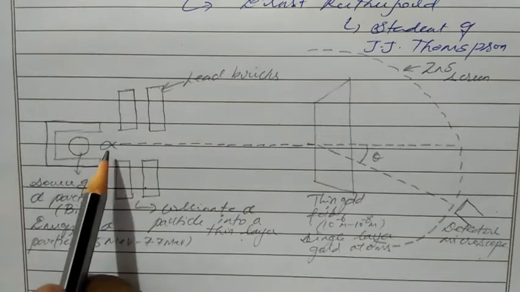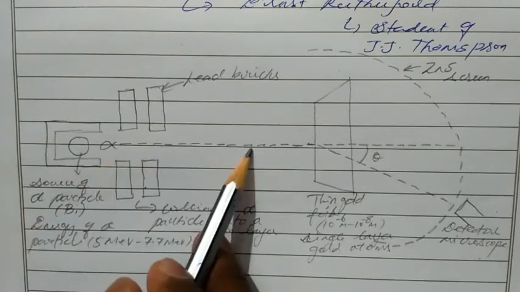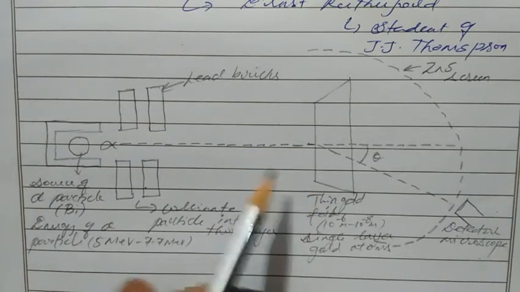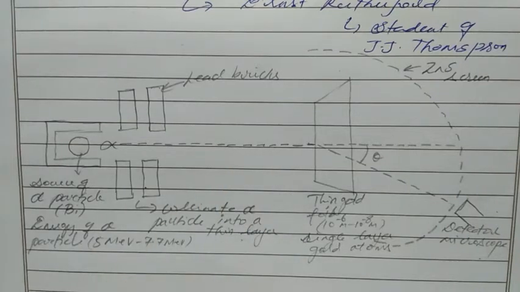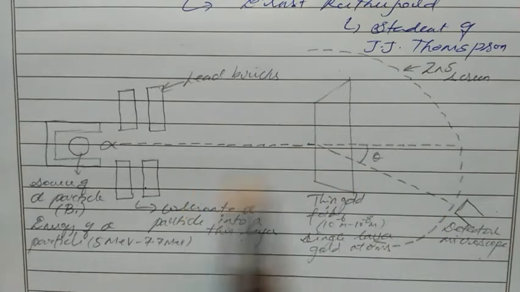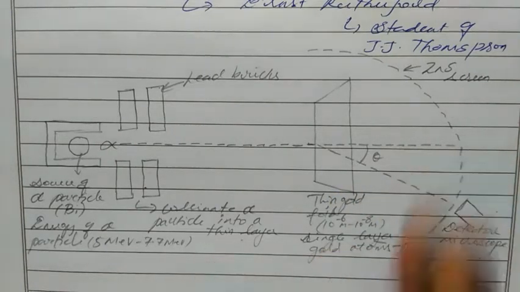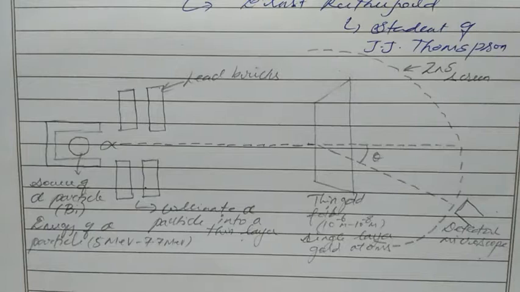This alpha radiation is made to pass in a linear line with the help of lead bricks. The alpha particles hit the gold foil, which means they hit the gold atoms. After hitting the gold atoms, some of the alpha particles are deflected at an angle theta, and most of the alpha particles go in a straight line. When they hit the detector microscope, the zinc sulfide screen will illuminate. Each time one hits, a bright spot will occur on the ZnS screen.